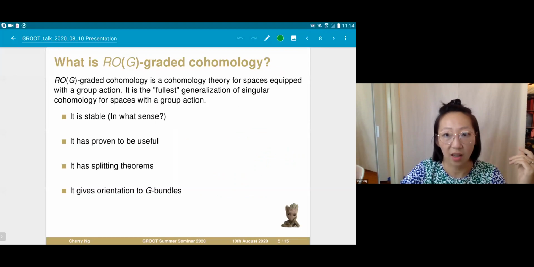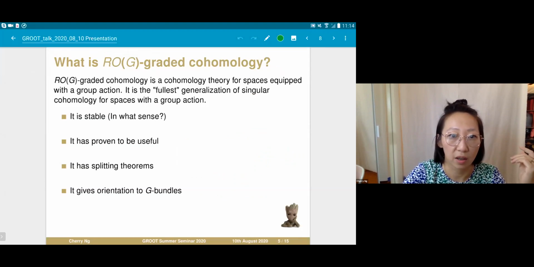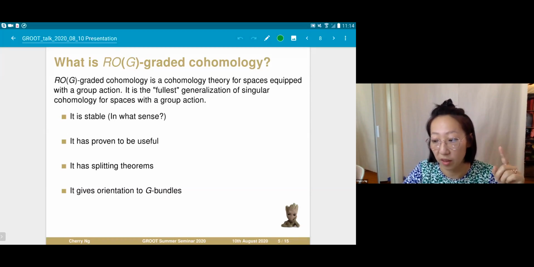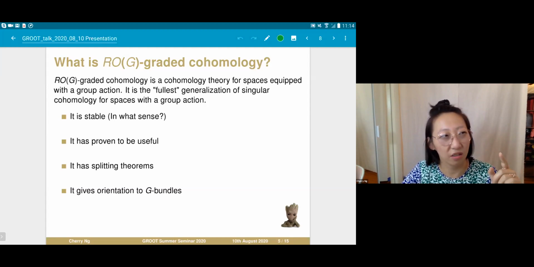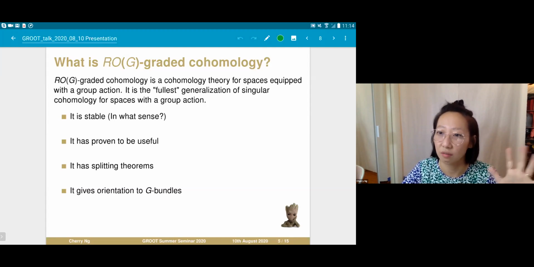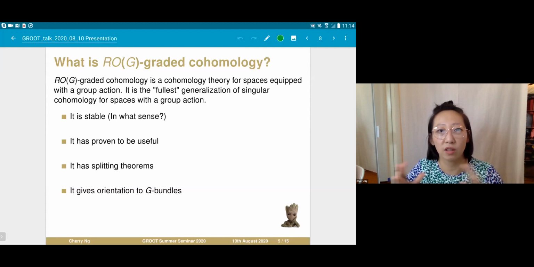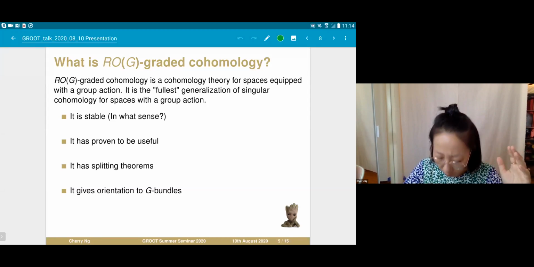So back to this slide that talks about the properties of RO(G)-graded cohomology. Another property that's good to know in case you venture into this field is that there is a Z-graded cohomology that is called Bredon cohomology. And RO(G)-graded cohomology is sometimes also called Bredon cohomology. So it's kind of confusing. You'll have to figure it out from context. I feel like I struggled a lot with this in the beginning, so should you read about it, there's some double use of that term. Okay,